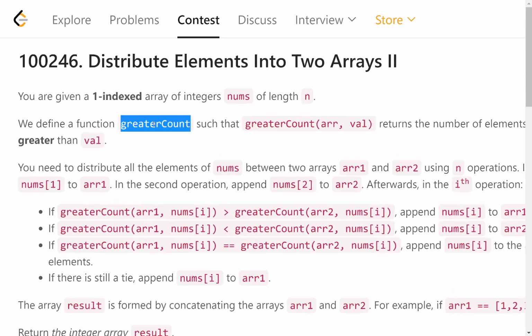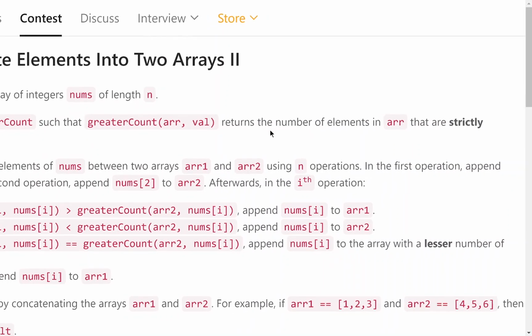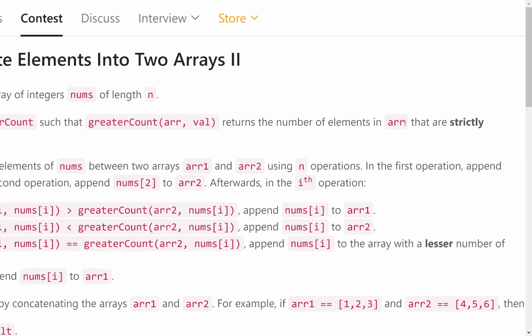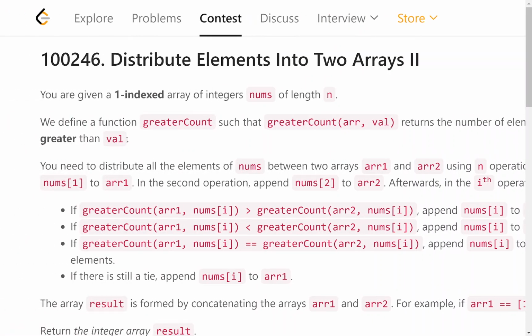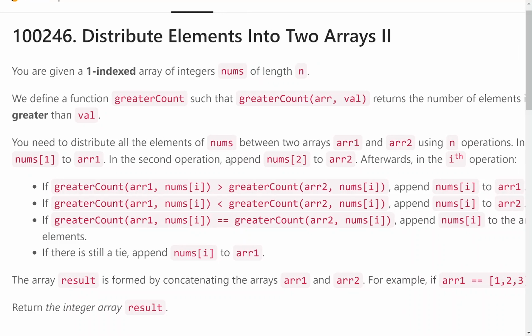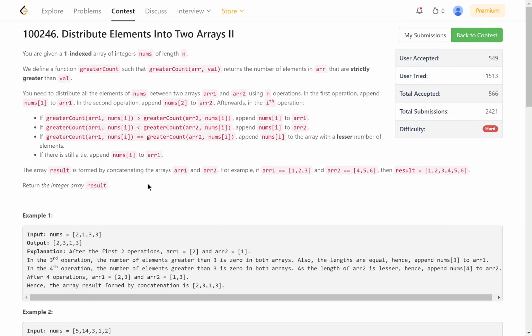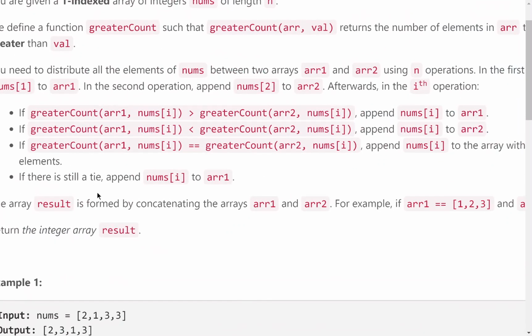Here we have a function greater count, which gives two parameters, array and value, it will return us the number of elements in ARR that are strictly greater than value. That is what it will return to us. And what we have to do is, like in the first problem, everything is exactly the same. The only difference is,